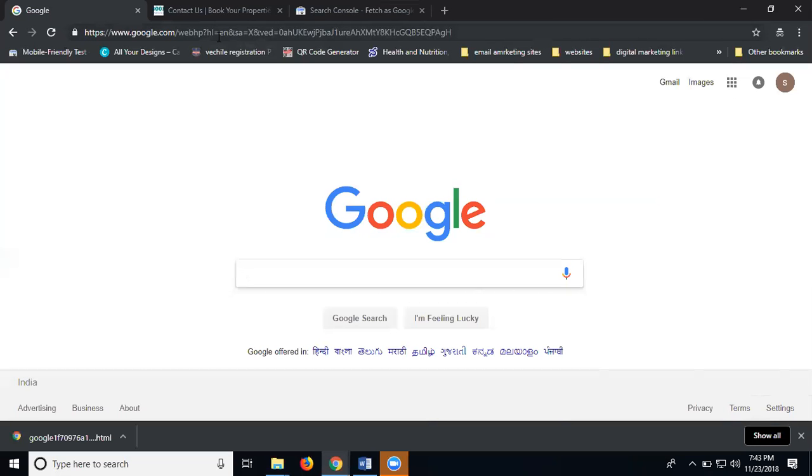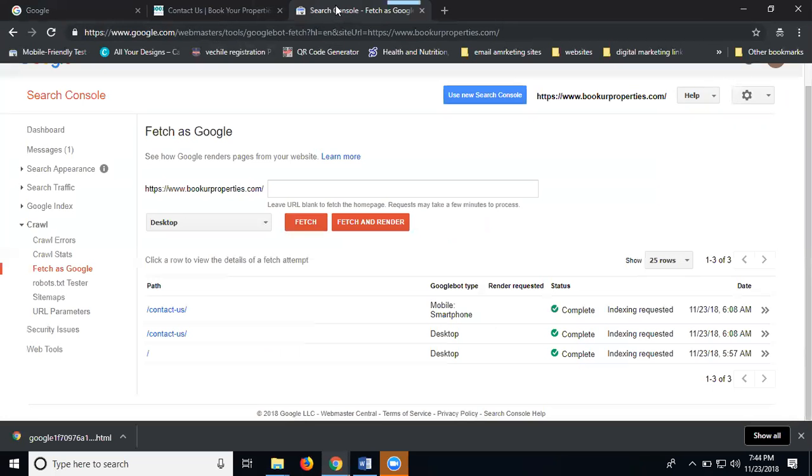So for any new website, once you want to rank your website on Google, use Google Webmaster and start your indexing process using the Fetch as Google option in the Google Webmaster tool.